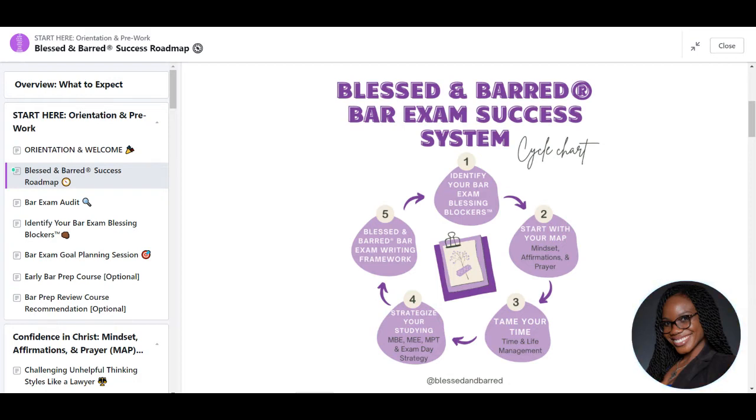That kind of thing. So it's very comprehensive. All right, so that's the first thing that happens in the Blessed and Barred bar exam success system: taking that time to do that evaluation so you can identify your bar exam blessing blockers. Okay? So then next, I've got to start with your map, which is why earlier when I said technically,